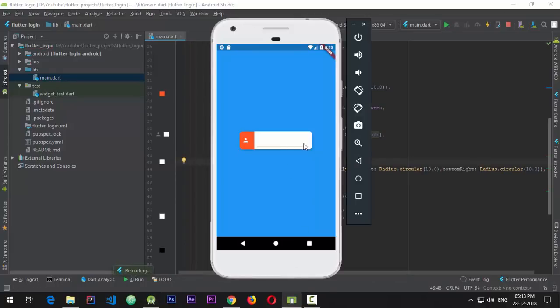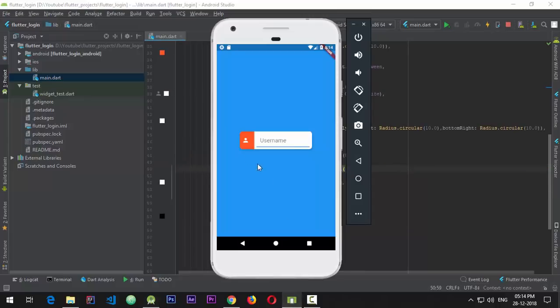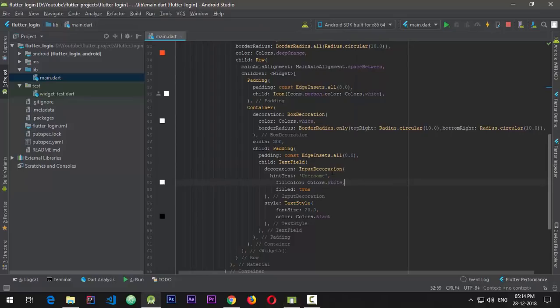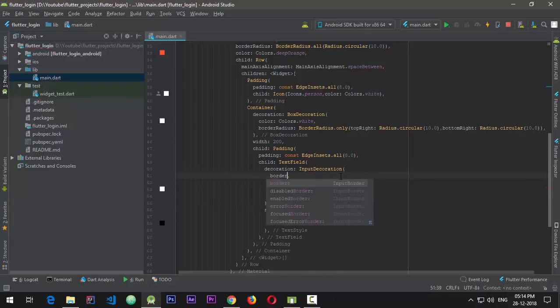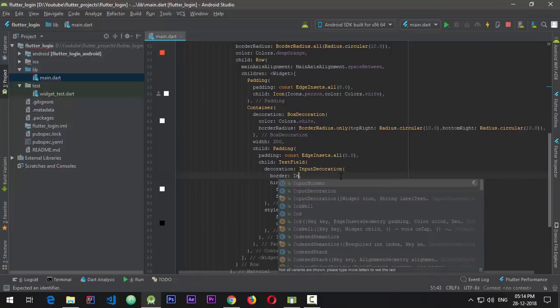And when I run this, you can see that the input field does not alter the borders of the whole container, the whole material itself. One more thing, we are seeing this underline here. So for the decorations, so for the borders, we'll add input border